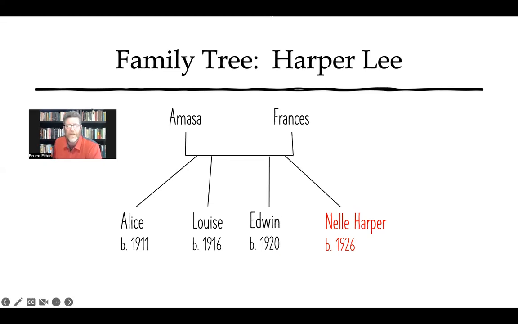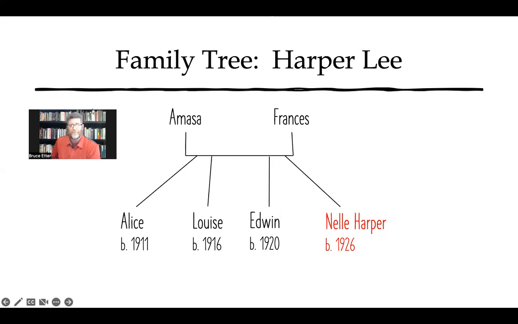Now, the first thing you'll notice here, friends, oh, don't you love it when you get surprises right from the beginning? Yeah, well, the first thing you notice is that her name is not Harper. No, that's not her first name, actually. Her first name was Nell. And she wanted to go with her middle name and call herself Harper Lee because she did not want her first name to be mispronounced. So a lot of people would call her things like Nellie and so forth, but her name was Nell Harper Lee. And her last name was always Lee because she never got married. She remained single her entire life.